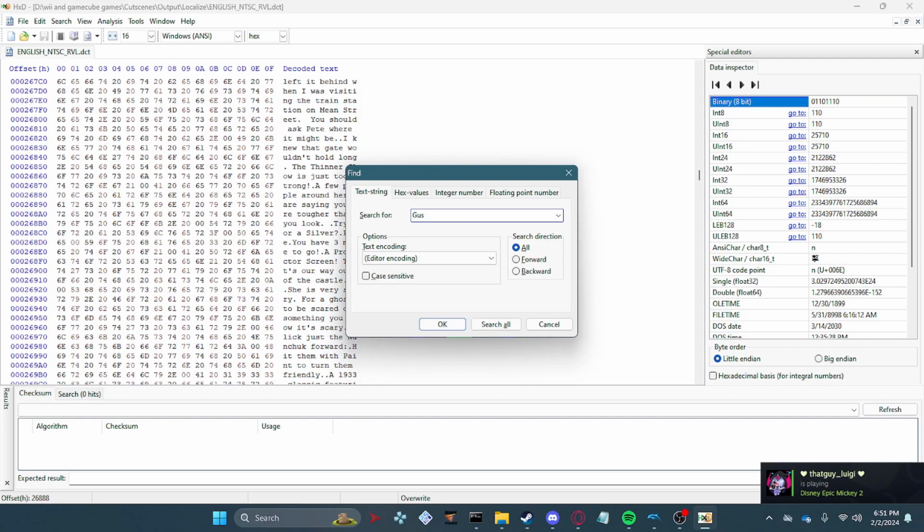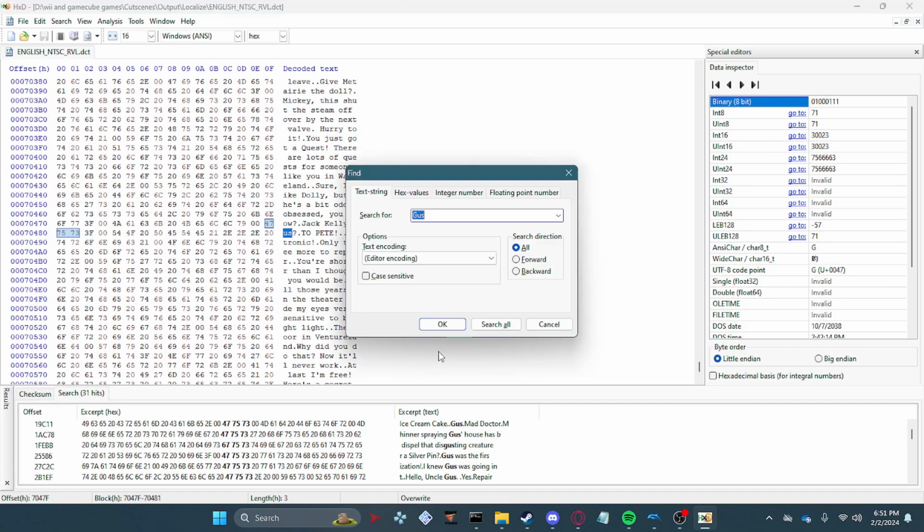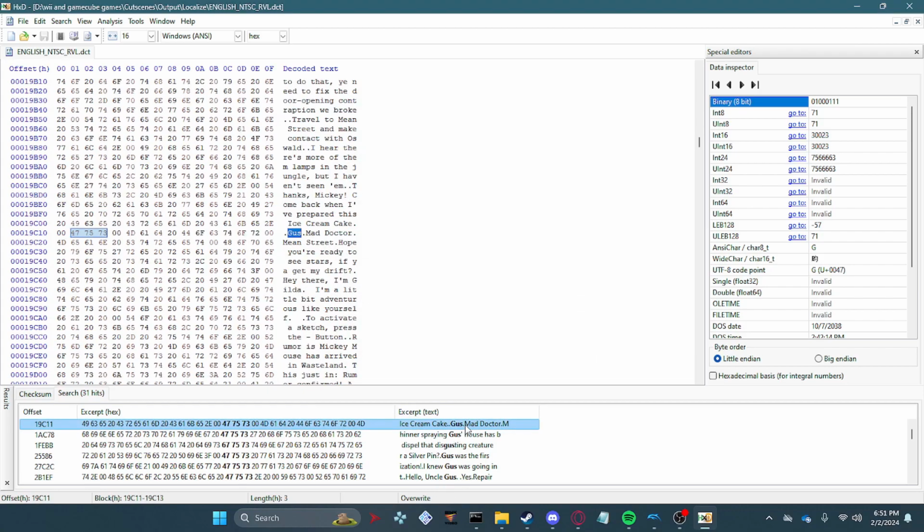So let's say Gus. This is going to show you all the instances of Gus. It's best if you do click search all, by the way, so you can get everything. Now this is how you're going to be able to find certain things. These periods, like this one right here, this is important to notice. This is a 0, 0. This is important